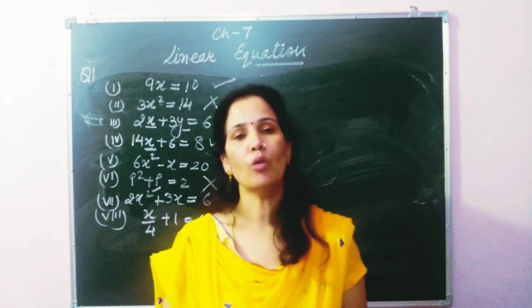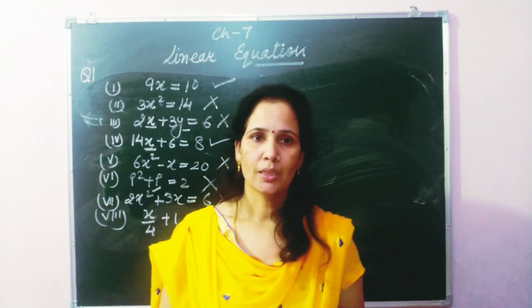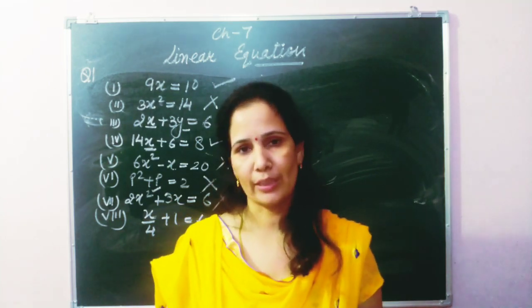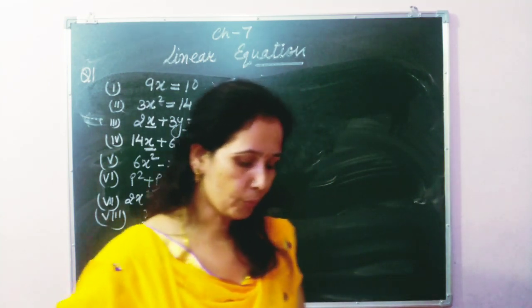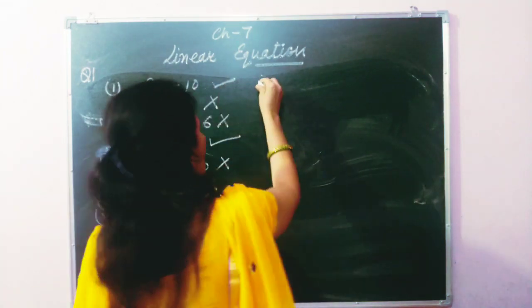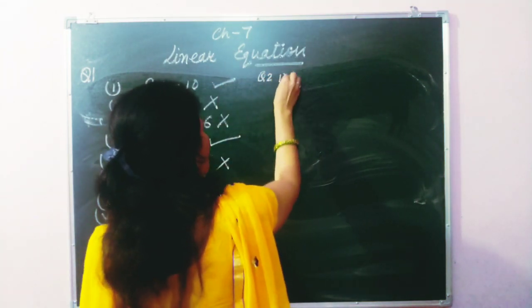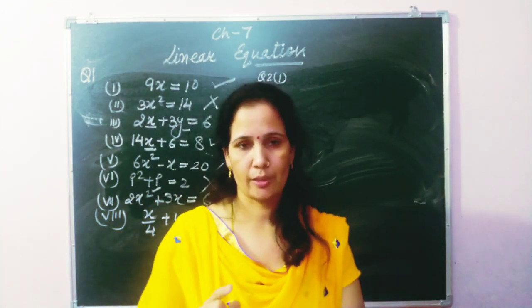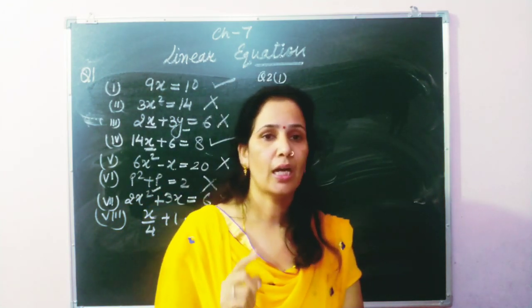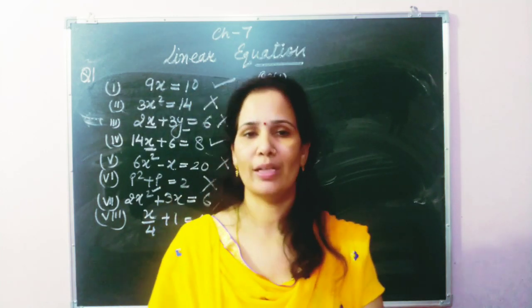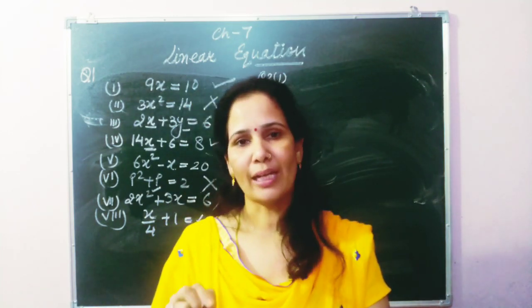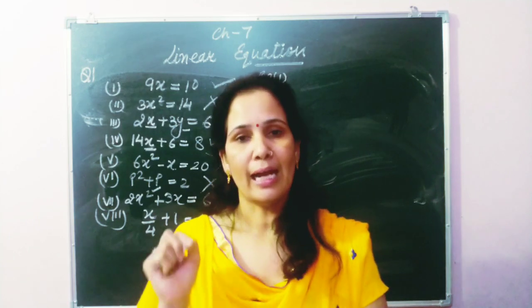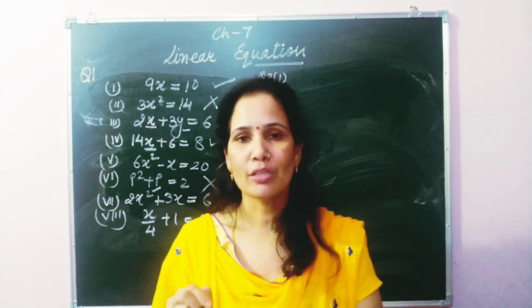If we understood how to make the equation, then easily we can find out the solution of that equation. So let's start how to write the statement. Now question number 2, the first part. Thrice a number is 48. Student, here we are writing variable for unknown values. Those values we don't know, that is called unknown value, and for the unknown value we are using variable.